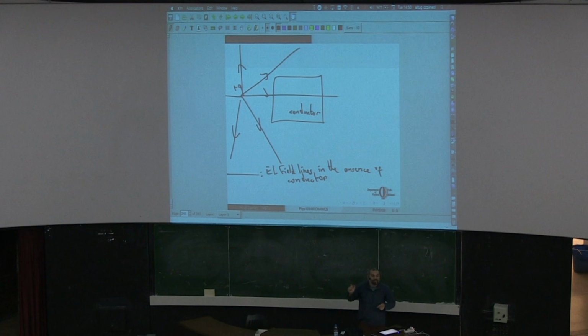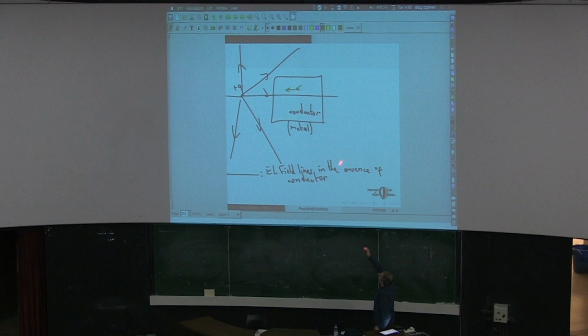So here we have a conductor. We put it in, meaning the charges are free to move. Let's just say it is a metal. A metal just means the electrons are free to move, not the nuclei. They are heavy. They will be fixed at their position, but the electrons will be free to move. So when I put the conductor in this electric field, the electrons will feel a force in the opposite direction to the electric field. And so the negative charges, the electrons, will accelerate in this direction.